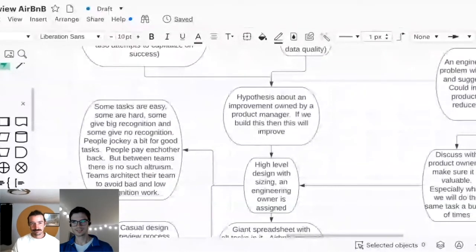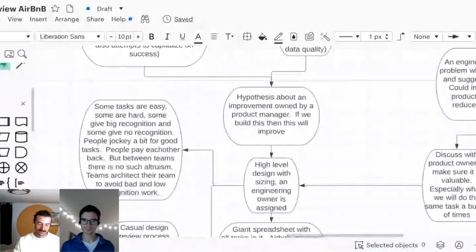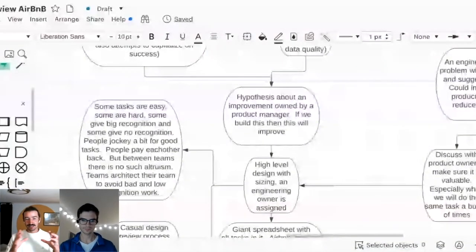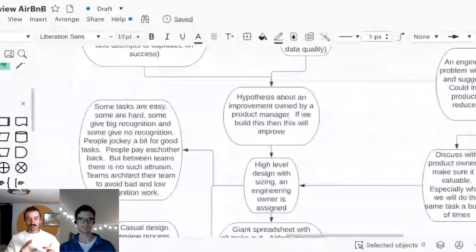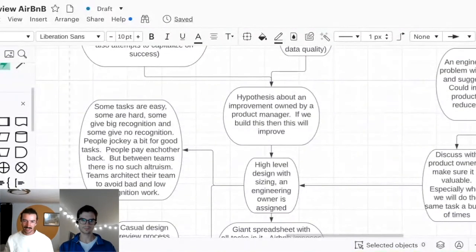Yeah, and sorry, that was a total tangent to your question. No, that's really related. I was just going to summarize. Within the team, there's not that much infighting over tasks. People generally respect each other. Obviously, there's some jockeying, but I think I was on an exceptionally functional team, and so we were really good about making sure that people got tasks that were good and bad fairly. But between teams, there's a lot of fighting. And a bad team might have a lot. I haven't personally experienced that.